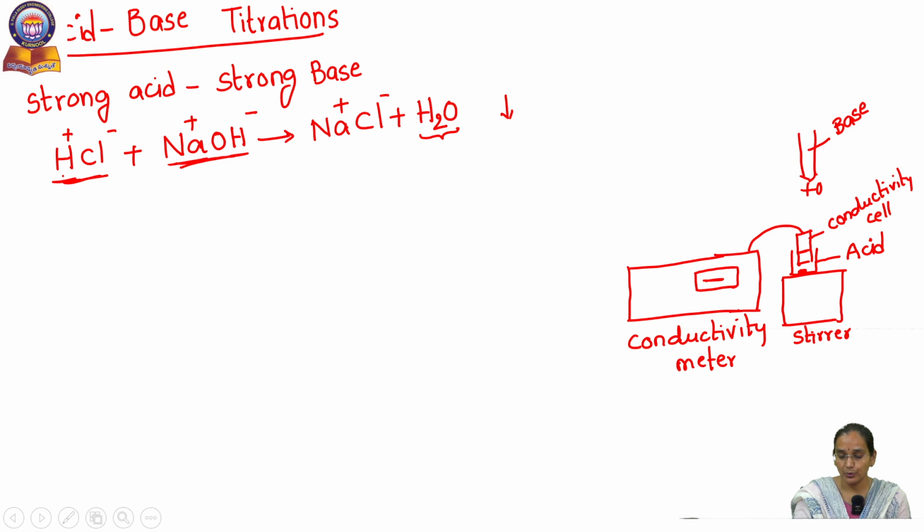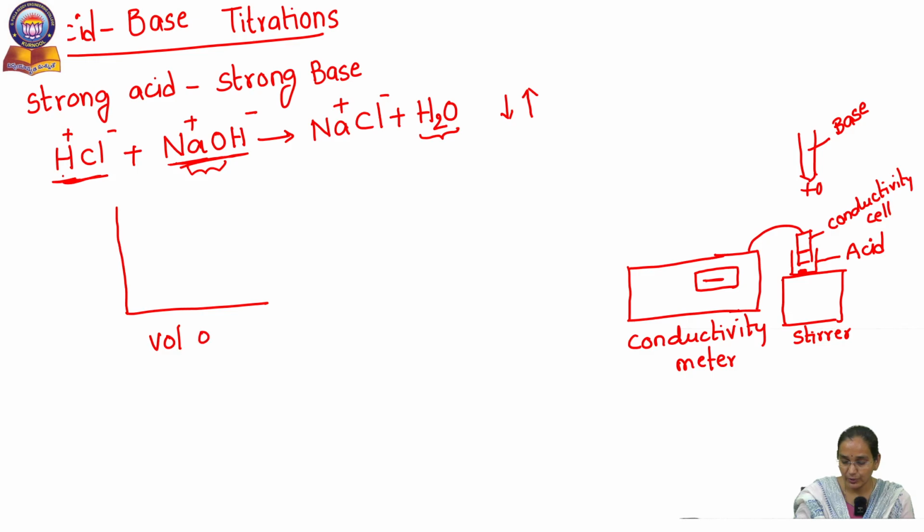and after neutralization of HCl, if we still add NaOH, then the conductance of the solution increases as the number of ions increases. If we plot a graph between volume of NaOH and conductance,